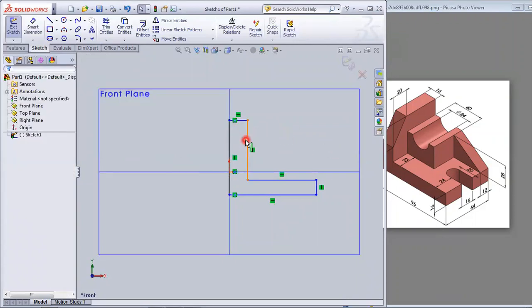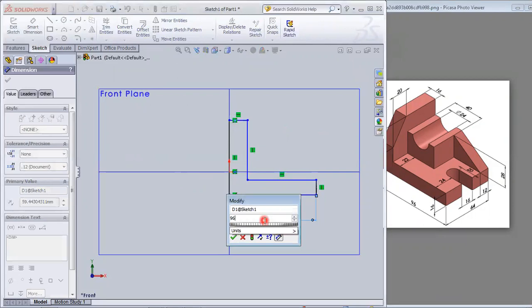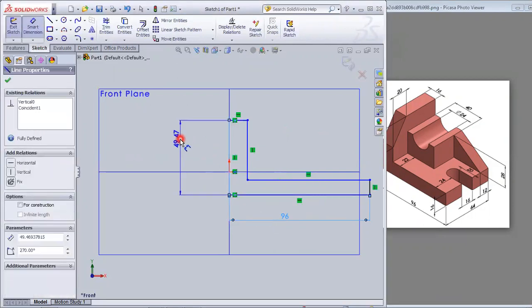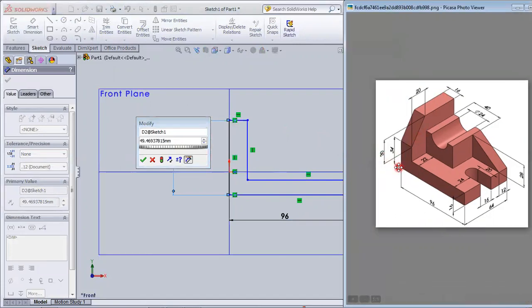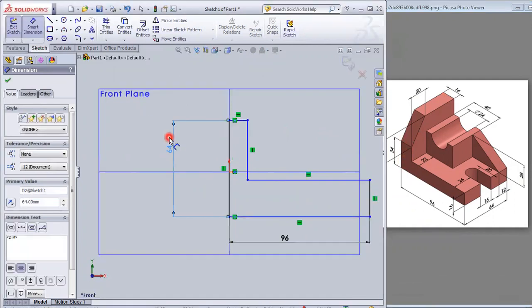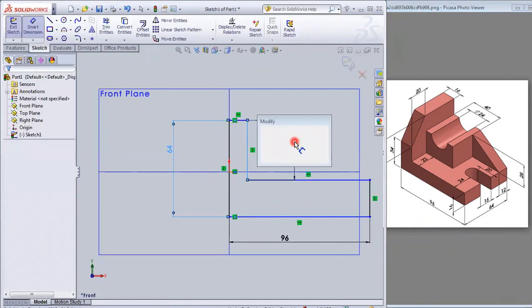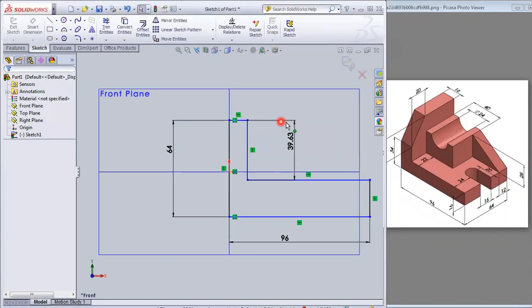Now see, at this line, I have to specify the dimensions as well, right? So this should be how much? This should be 96. This should be 30 plus 34, that is 64, right? 64. Okay, this should be how much? Then again, this is okay. So I do not need to specify this one actually. Let's just delete this one.